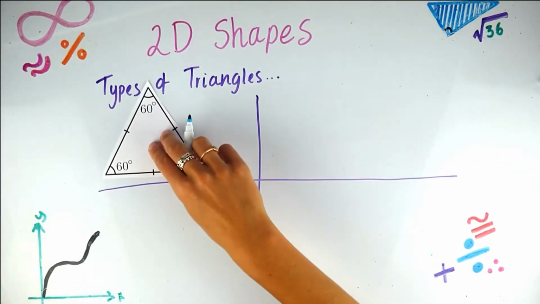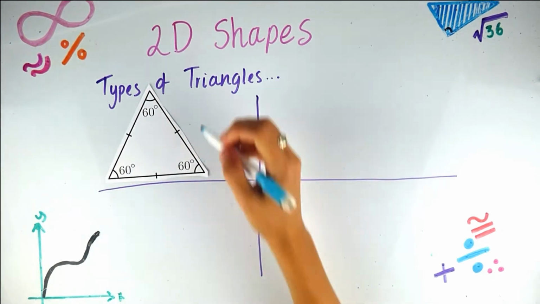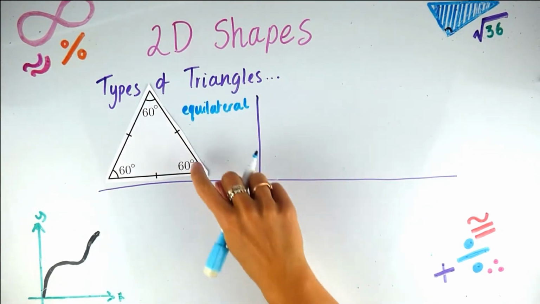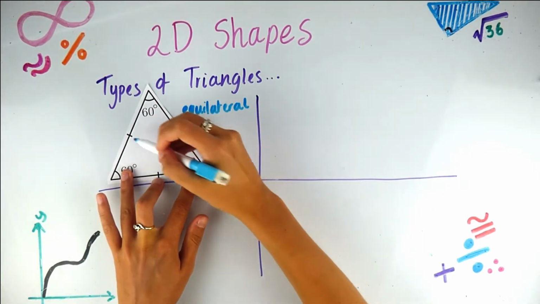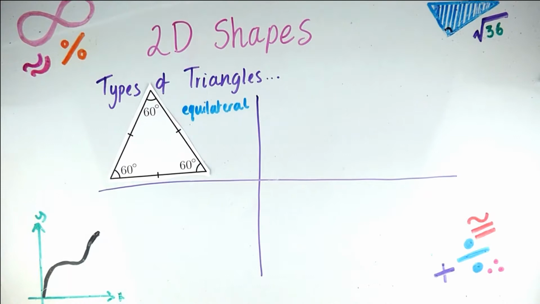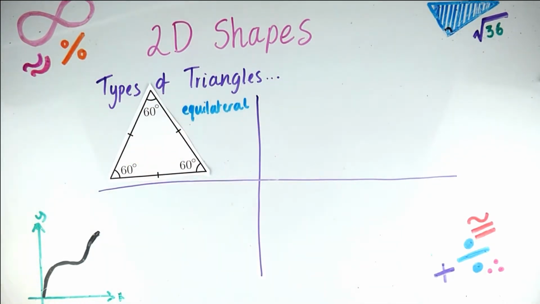The first triangle we're going to look at is this triangle, and this is called the Equilateral Triangle. That is because all of the angles are equal and the size of all the lengths are equal. So it's quite an easy one to remember: equilateral, equal interior angles, equal lengths. So now if we use our symmetry and order of rotation knowledge, it has 3 equal sides and 3 equal